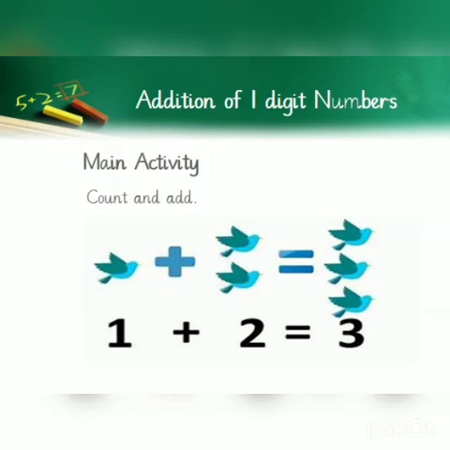Let's do some more practice regarding addition of one digit numbers. Look at the given picture. If I say that one bird is flying and 2 more joined in, how many birds are flying altogether? You can see a plus sign in between. It means you have to add up the number of birds. How many total birds are over here? For this purpose, you know what to do? Yes, you have to count the total number of birds flying. So 1, 2, 3, and 1 plus 2 is equal to 3. In total, there are 3 birds flying. Yes, correct.